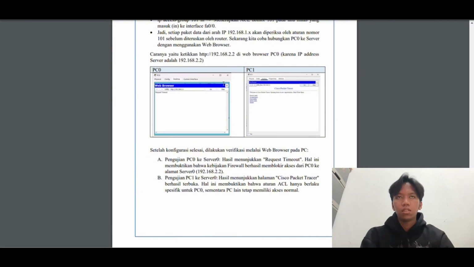Extended ACL 101 configuration process. Now, let's look at the technical process in the router CLI.